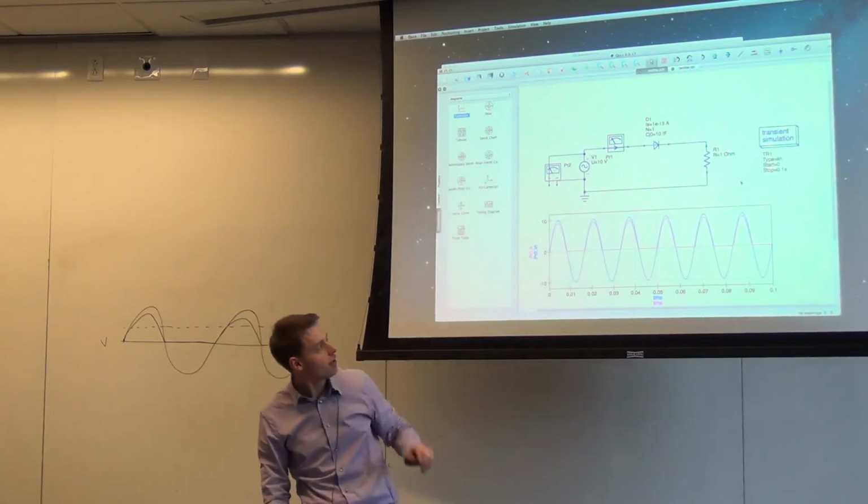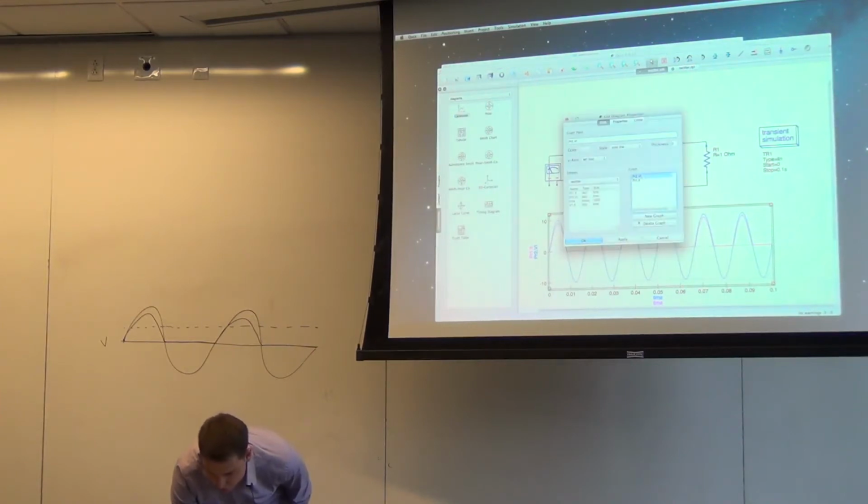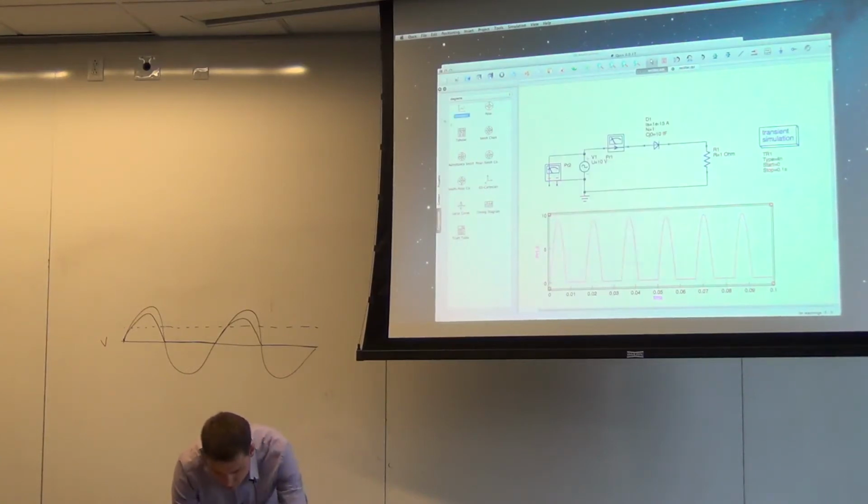Okay, so here's what it looks like. And now let's smooth that out a little bit. Let's first just get rid of the voltage, though, and just look at the current now. And now let's add a